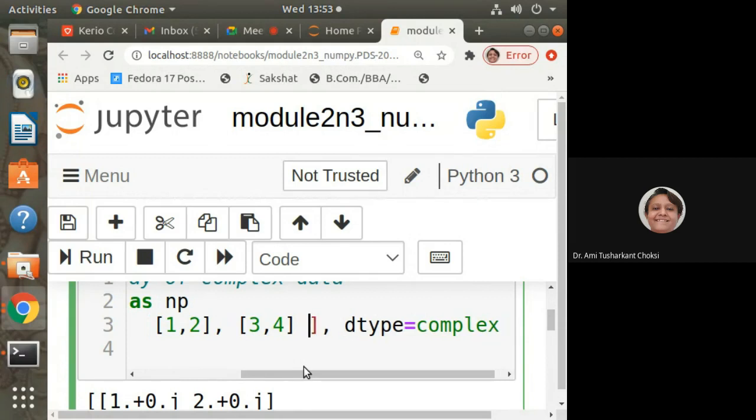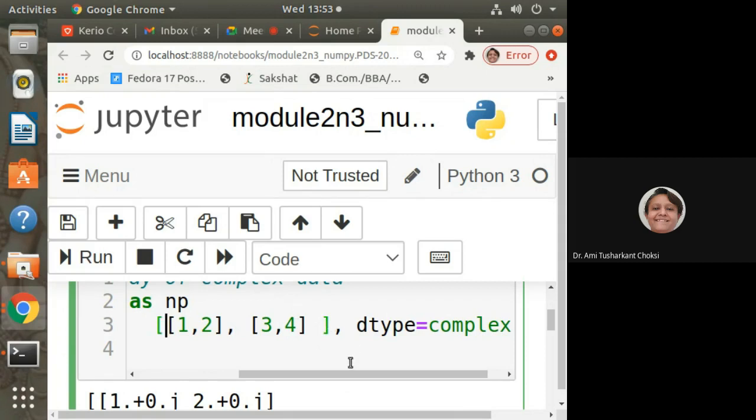Because the way we write in other languages, there we used to provide the curly braces, right? So here also we should provide braces. But in this language the syntax is the square bracket. So we'll be providing square brackets, right? So you cannot write it simply as 1 comma 2 in one square bracket, comma 3 comma 4 in another. That will not work. You have to put it inside another square bracket, fine?